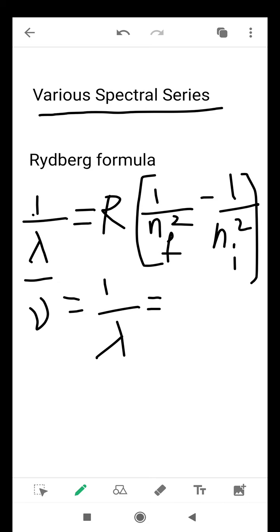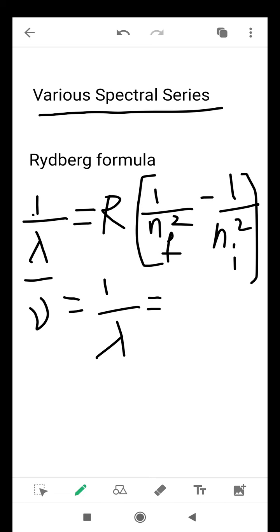This is what we studied in my last class about the spectral series, and how we can say that a spectral line is present, when an electron makes a transition from a lower energy state to a particular higher energy state or vice versa, during absorption and also emission. Now let us study the spectral series in detail, by finding the wave number and also the longest and shortest wavelength for the respective spectral series.